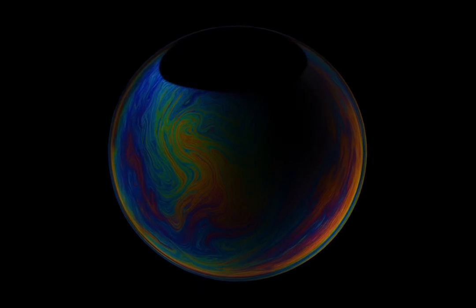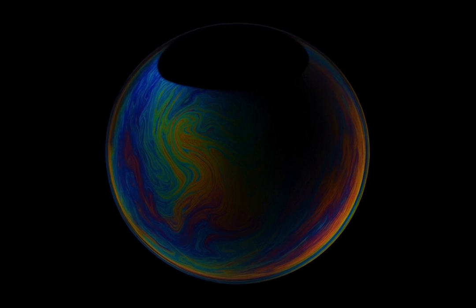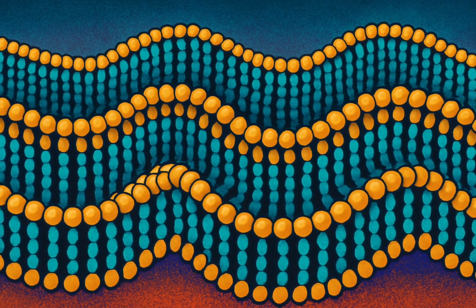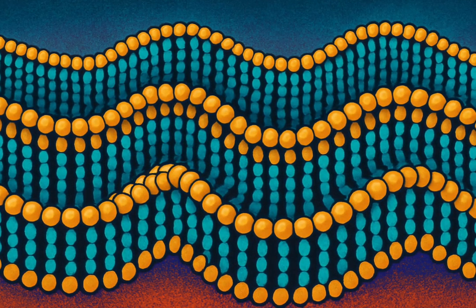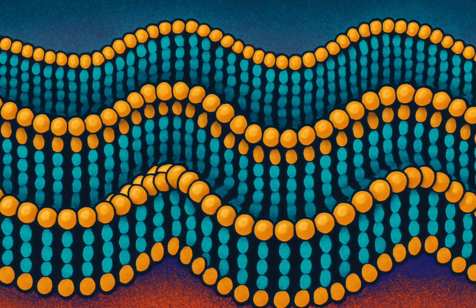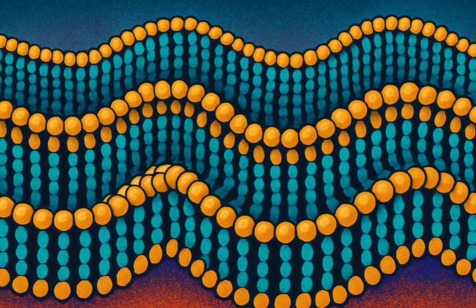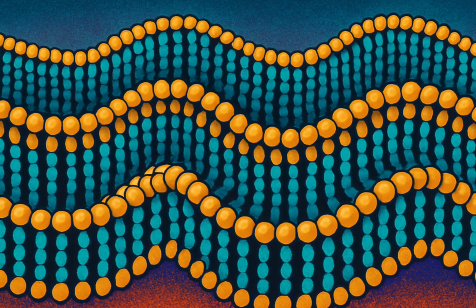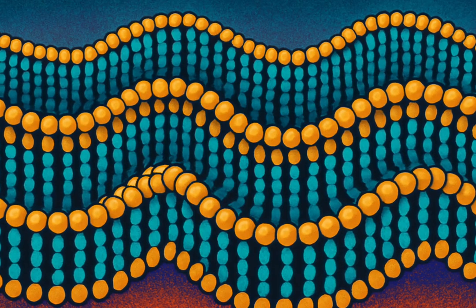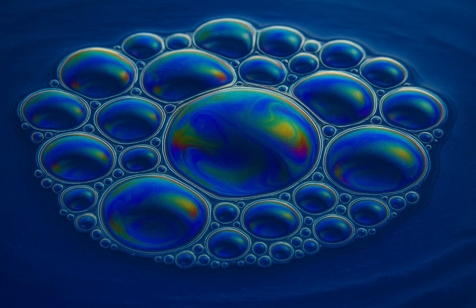Light is a wave, though it took centuries of argument for science to accept this. When a wave strikes the thin surface of a soap bubble, part of it bounces back from the outer layer. The rest travels a tiny distance deeper, reflects from the inner layer of the film, and comes back out. These two reflections overlap. Sometimes their peaks line up and reinforce one another, creating brightness. Sometimes a peak meets a trough, and they cancel, creating darkness. The result is a shifting spectrum of colors, each one strengthened or erased, depending on the thickness of the film